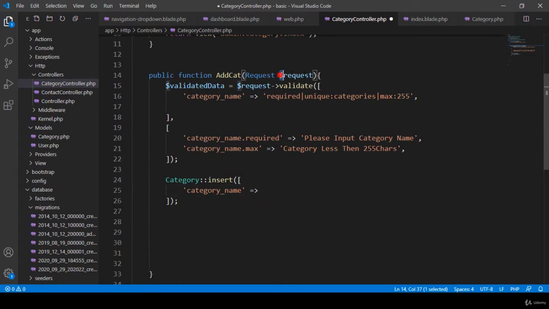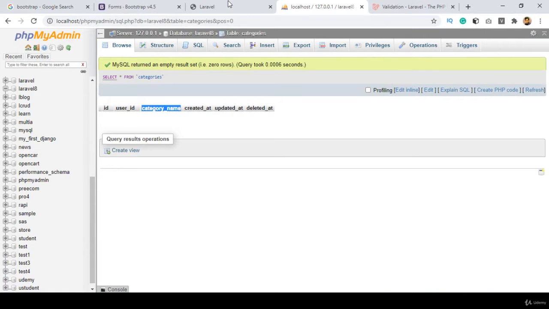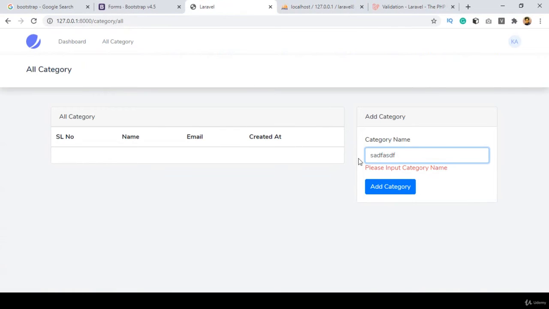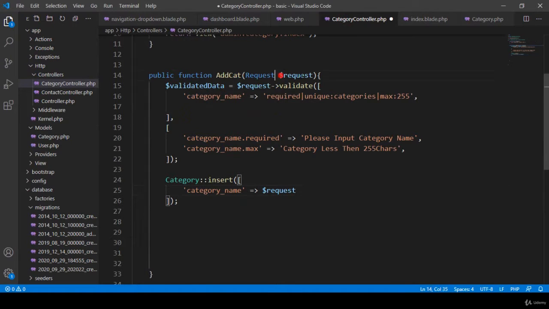Okay, that means here I have already taken that request. So this request data, that means if you go to our input field, that is our input field, right? So from here I want to pass some of the request data. That means if you go to a site, whatever you put here, and after that you click add category, right? So this request field data is actually the category name. So now I also want to take it. So it should be request, with this request, this request field name as category name,